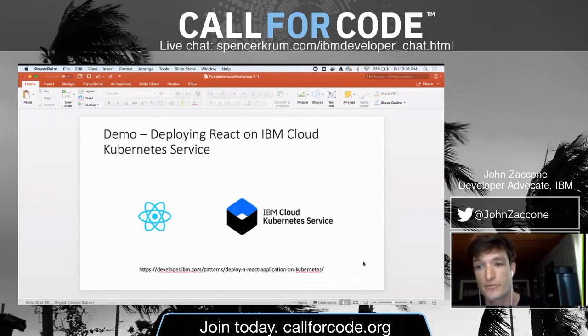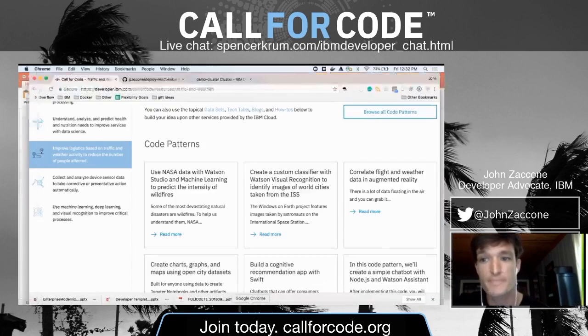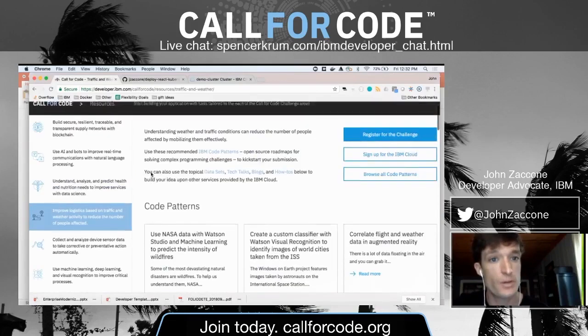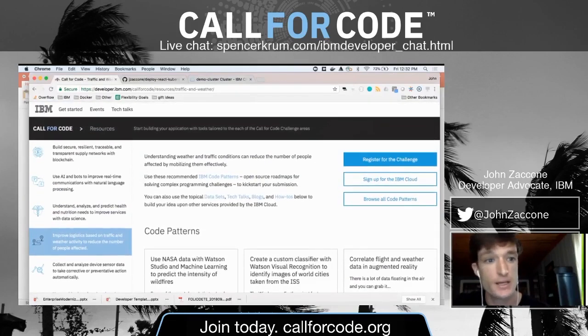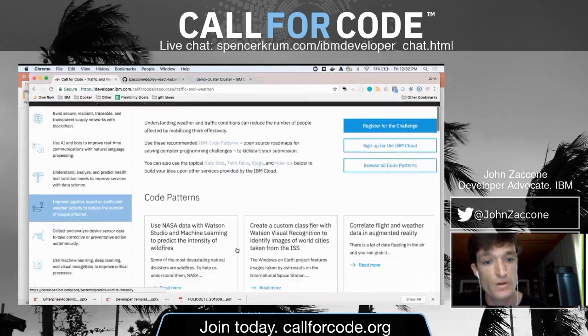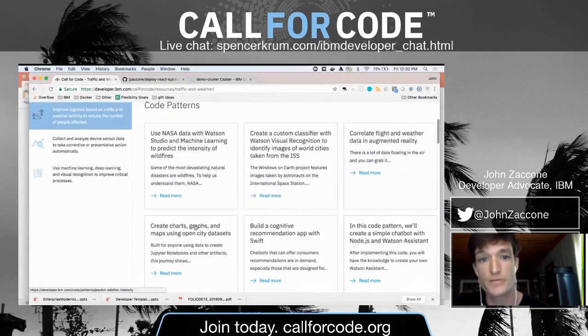So without further ado, I'd like to get into the demo here. We're going to deploy a React application onto the IBM Cloud Kubernetes Service. This is a pattern that you can find on the Call for Code website. If you haven't seen this page yet, under resources, you can find a number of different code patterns that could help you basically jumpstart